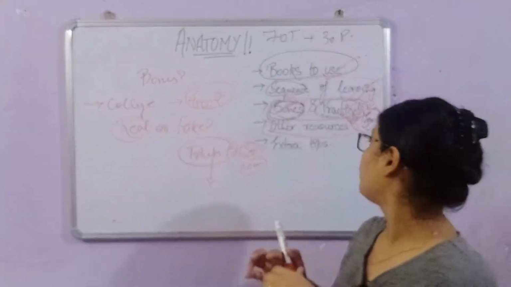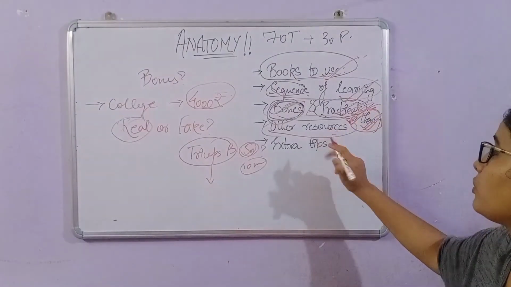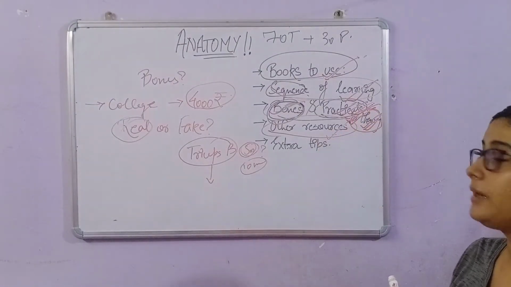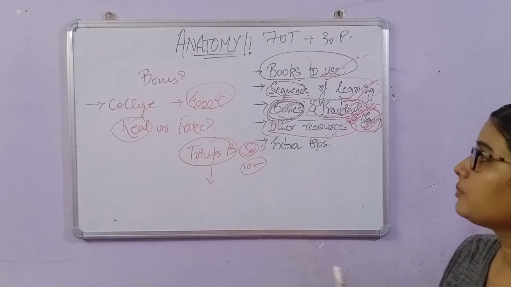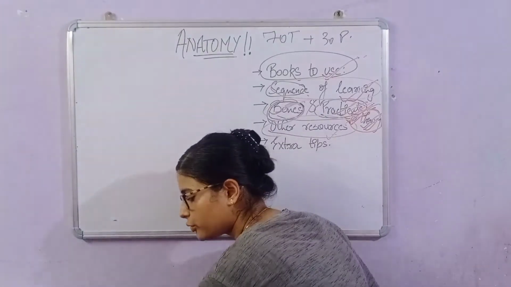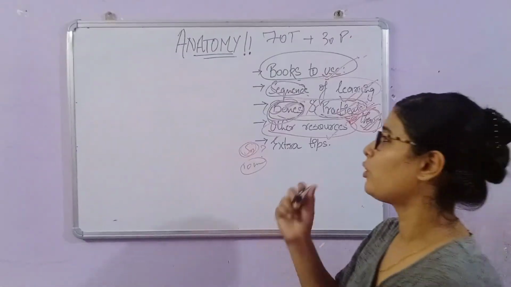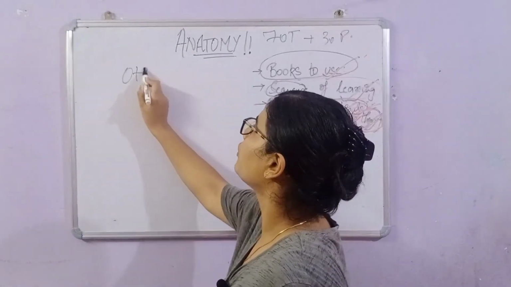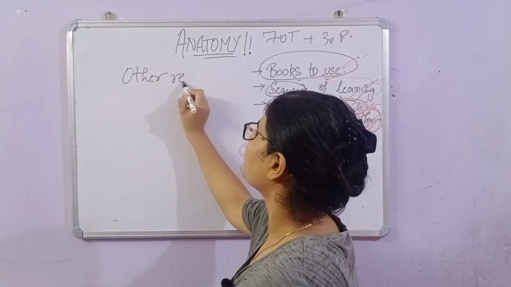Now we are done with these things. Now we would go for other resources. Let me tell you the other resources that you can use. Before that, let me clear up this part. Now let us talk about the other resources that you may need or you should buy for your studying purpose.